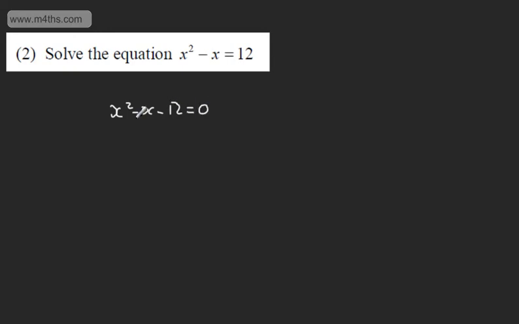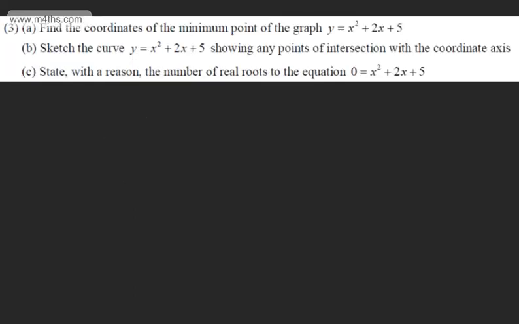I'm going to look to factor this, and we can. So double brackets, we're going to have x minus 4, and then x plus 3, is equal to 0. So our solutions: x will be equal to 4, or x will be equal to minus 3. In question 3, we're asked in part A to find the coordinates of the minimum point of the graph